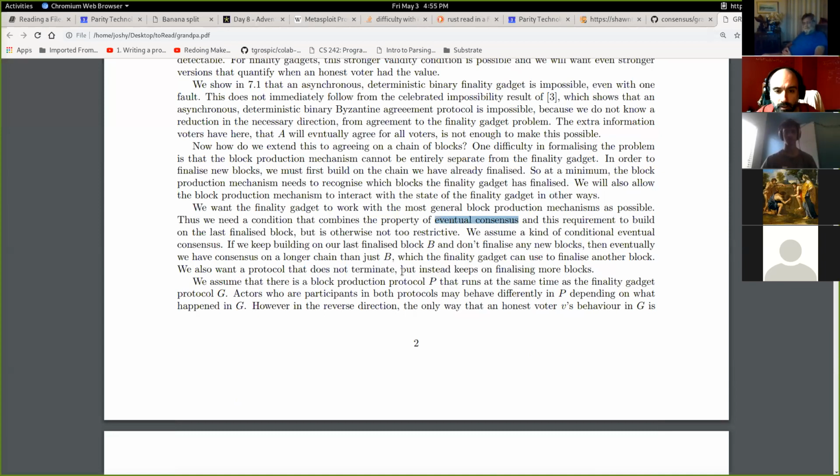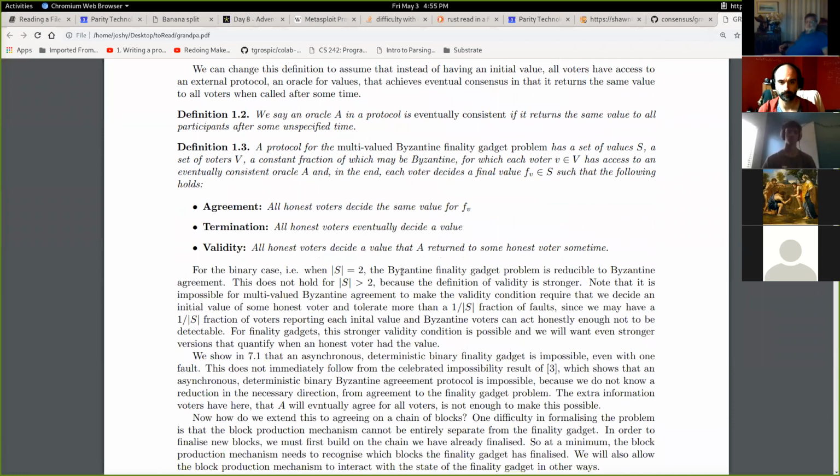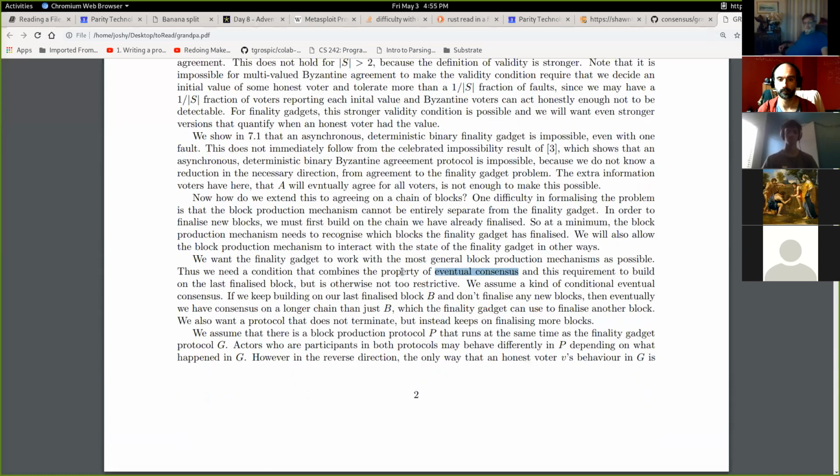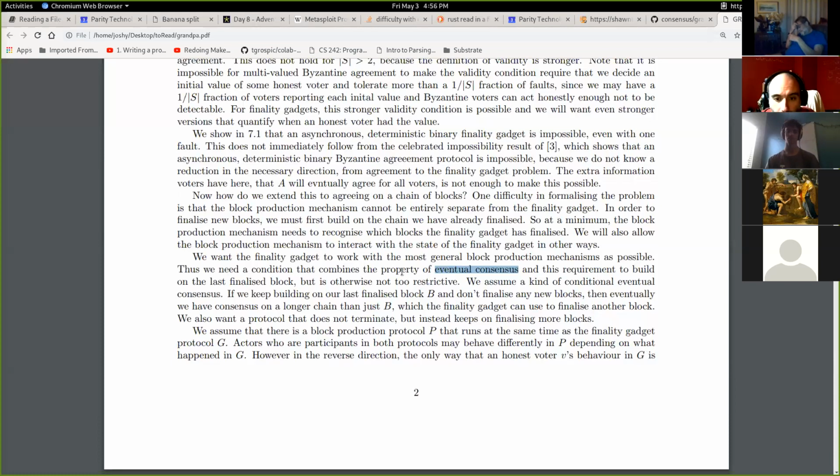So my first question is about terminate. In the games we talked about above, we're playing a game to decide on a final answer. The example I used to give is that we're all going to go to dinner tonight somewhere, people have different opinions about where to go, and we need to decide. Once that game terminates, then we actually go there for dinner. But down here, what they're saying is that we're trying to generalize this to a blockchain. We don't want to just finalize a block at height 10 and call it a day. We want this thing to keep going and growing, let the chain grow longer and longer. Okay, gotcha.